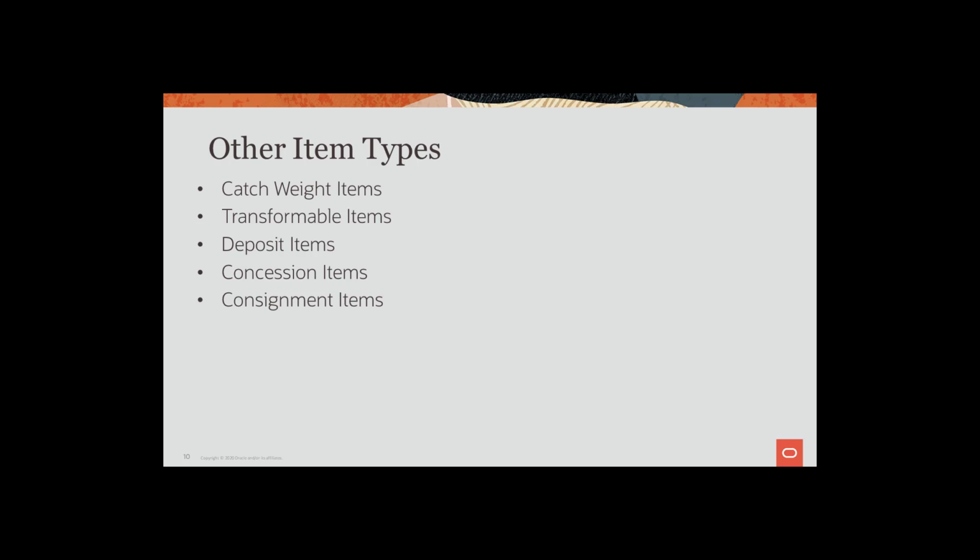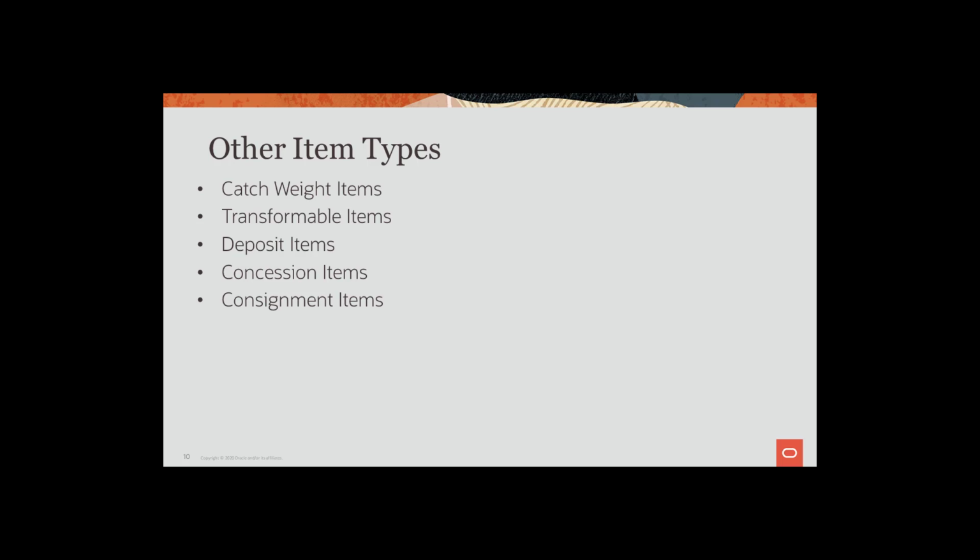A consignment item is a marketing arrangement where physical control of merchandise, but not the title of ownership, is transferred from the consignor to the consignee. The title to the goods remains with the consignor until the goods are sold. Upon the goods being sold, the consignor bills the consignee via an invoice.